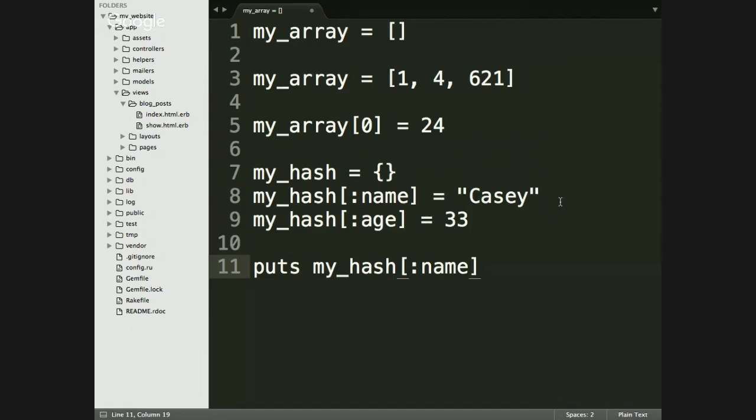Okay, one last thing I want to show you is how you can declare a hash just in a literal, without having to go, my hash is an empty hash, then assign the name of Casey, age 33. You can do it in one line and say, this is my hash. Just like we can say, this is my array, we can specify it all in one command. Okay? So the way we do that,